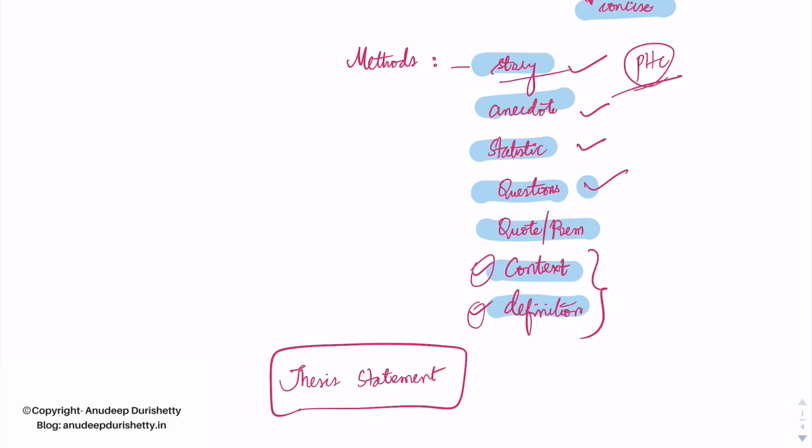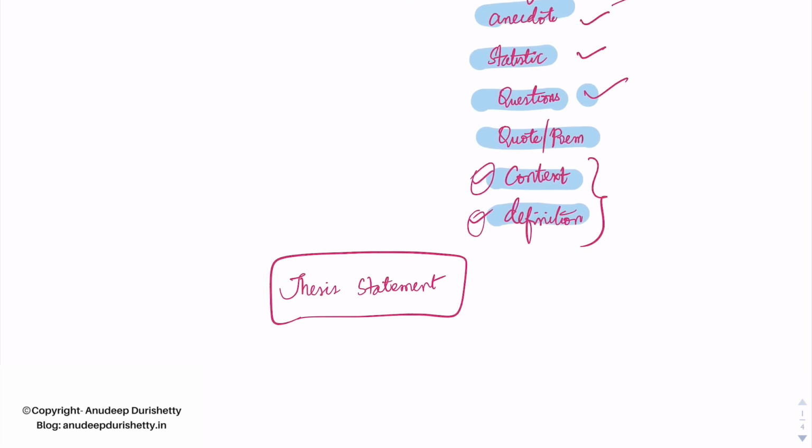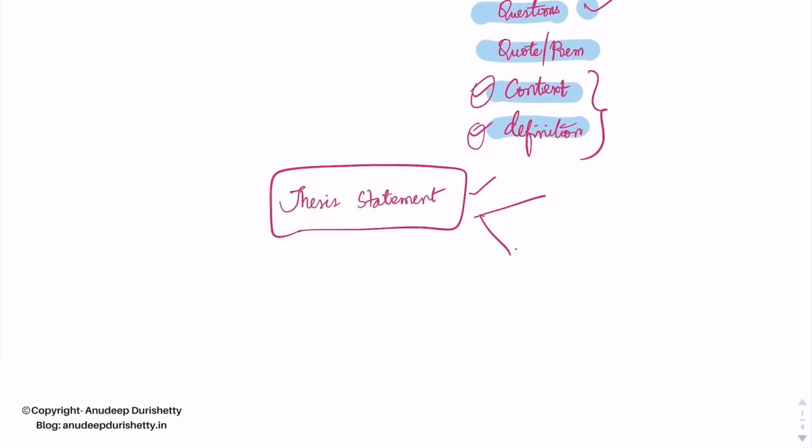Next, we come to the thesis statement. A thesis statement is one that captures your stance on a given topic, with the rest of the essay being generally about the evidence and reasoning to persuade the reader of the logic of your claim. You have a choice whether to write a thesis statement or not. If you want to make it clear upfront what you are going to discuss in the rest of your essay, write a thesis statement. My suggestion is to have proper flow and coherence within the essay so as to make the thesis statement unnecessary. Now we move on to the main body of the essay.